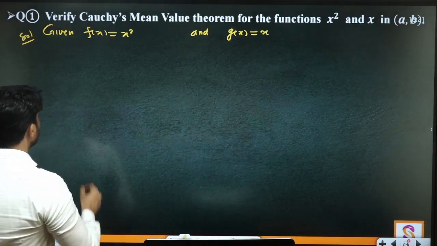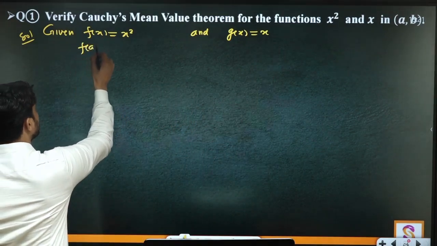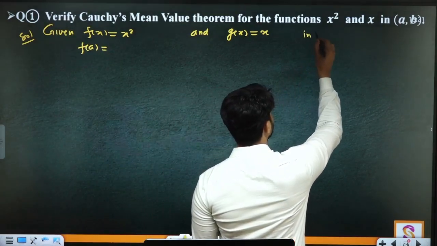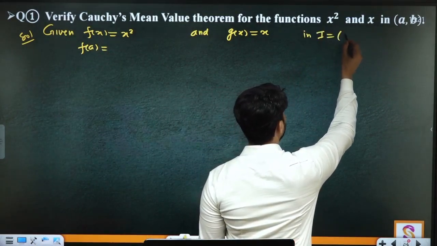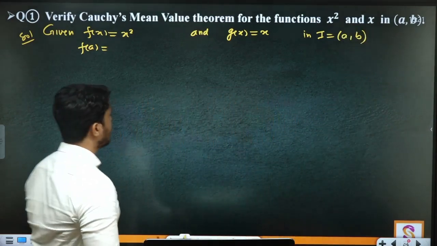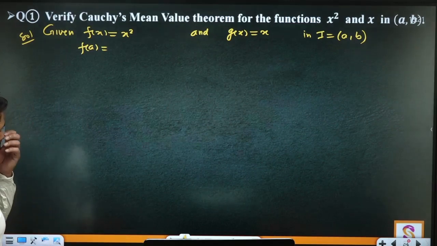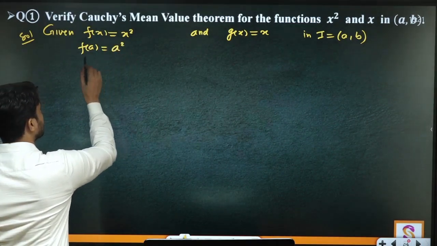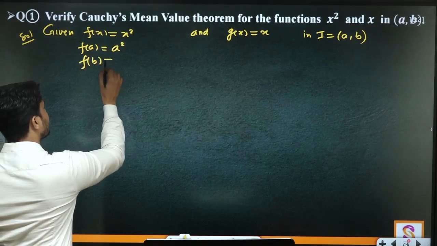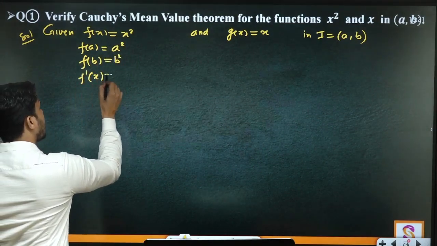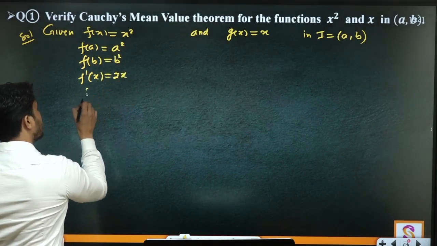Okay, so first you have to find f(a). Interval is a comma b. In interval I equal a comma b, like this. इंटरवल को ऐसे a comma b बनाएंगे. ठीक है, तो f(a) होगा a स्क्वायर, f(b) b स्क्वायर, f dash x, it will be 2x, so f dash